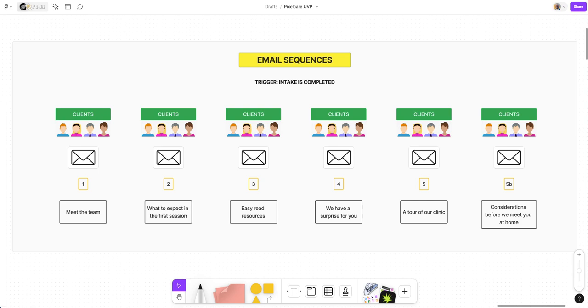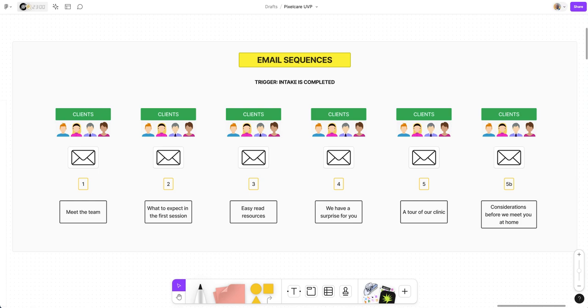Most of the time we focus on getting new clients, but we fail to find strategies and practices that will actually nurture and improve the client experience and how happy and engaged they are with our brand. So enter email nurturing sequences. These are automated series of emails that are strategically designed to keep your clients connected and engaged with your brand.